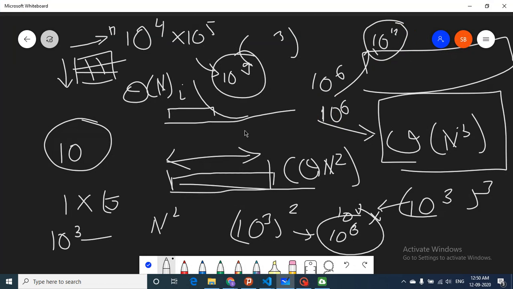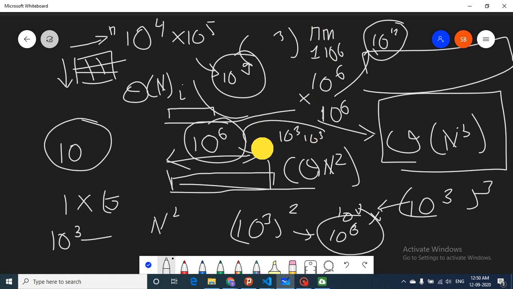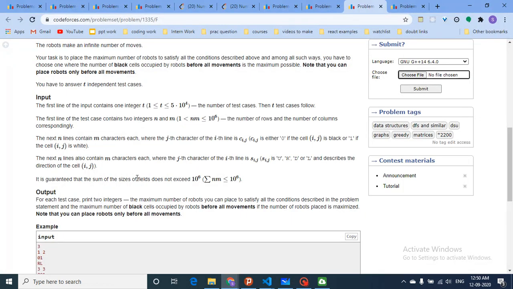Same for the memory. The memory can only be around 10 to the power 6 blocks. You can only make such blocks. You cannot make 10 to the power 12 blocks. So this is already wrong, and you also cannot do this much operation in 1 second. That's why it is n into m, which means that if n is 1, then m will become 10 to the power 6. If n is 10 to the power 3, then m will become 10 to the power 3. And that's also given in the last statement, which will help us to know that I can only iterate over the whole matrix. I cannot do many more operations.